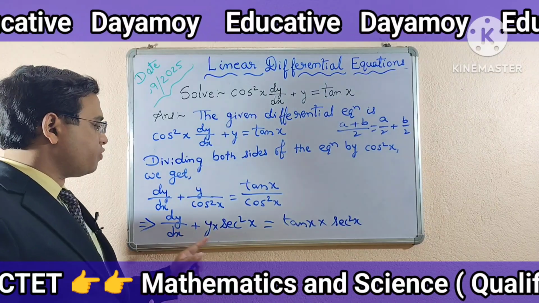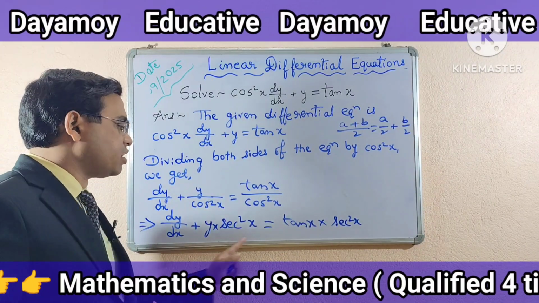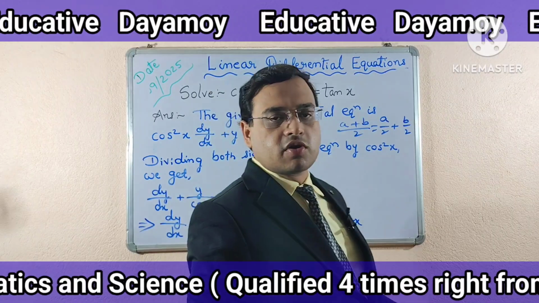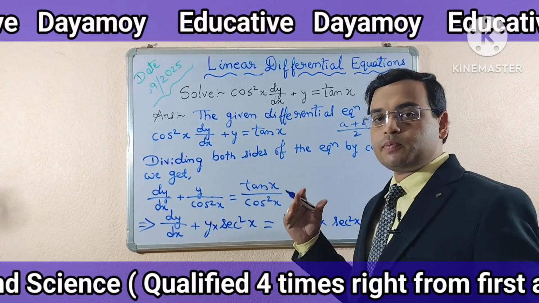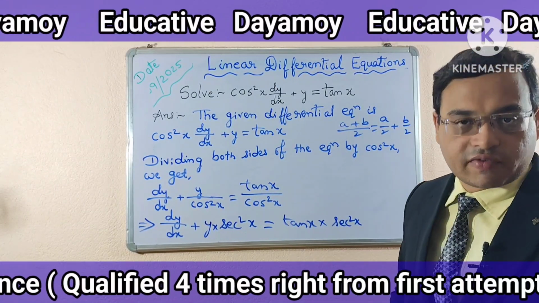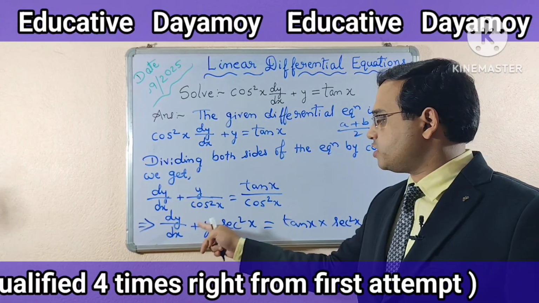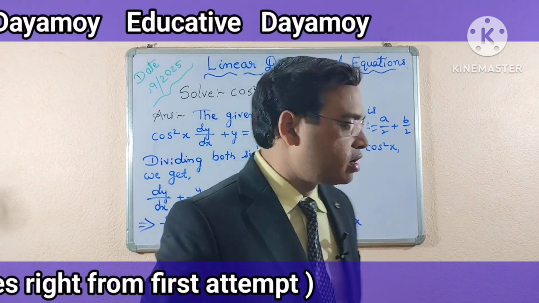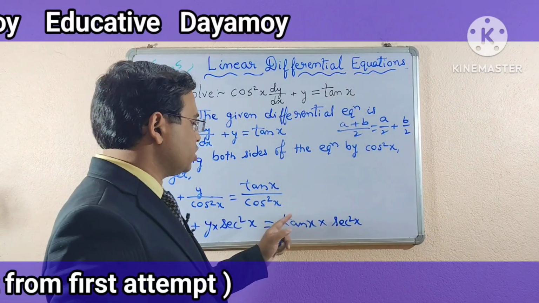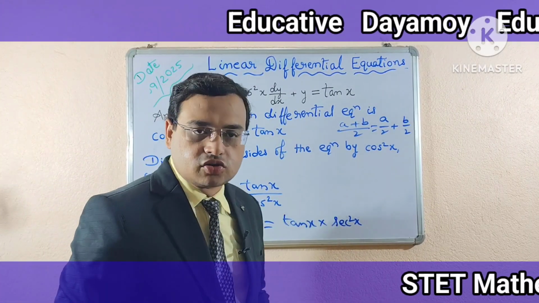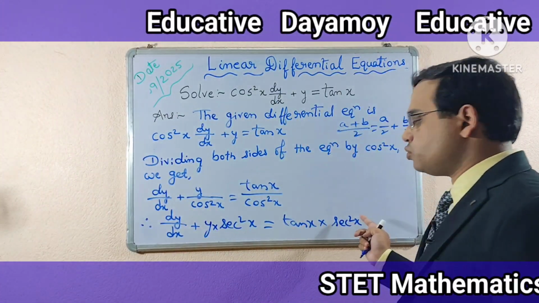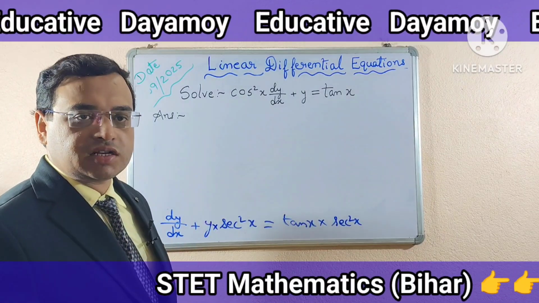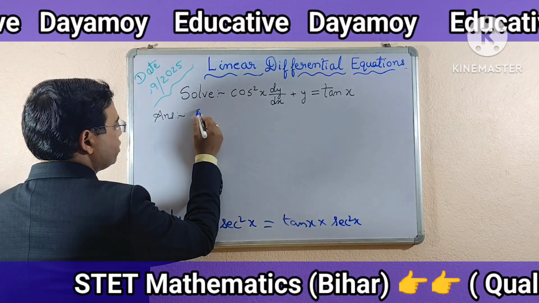Okay, now from this line what I am seeing here, this is the form of dy by dx plus py equals to q, where p and q are functions of x. Dy by dx plus p, what is p here? Sec square x, and y as it is. Okay, and equals to q, what is q here? Tan x into sec square x. Now I will compare this line with dy by dx plus py equals to q. So in the next line I will write comparing